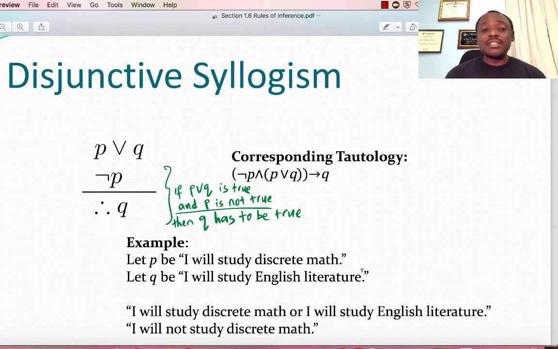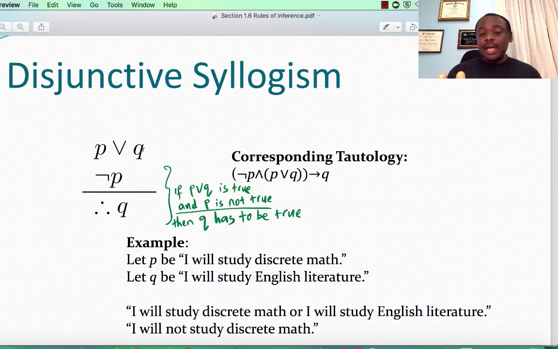Again, to me, it's just a very big word which you really don't have to worry much about. All you need to think about is, if I have P or Q to be true, and one of them is false, then it has to be the other one. That's easy. P or Q is true. I would either take a slice of pie or a scoop of ice cream. I tell you that very clearly.